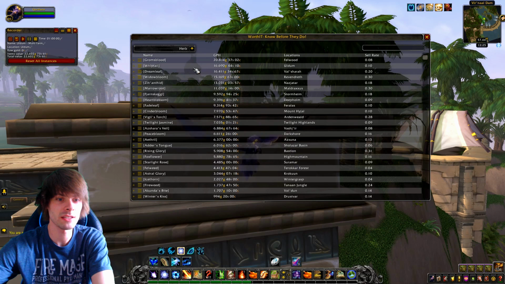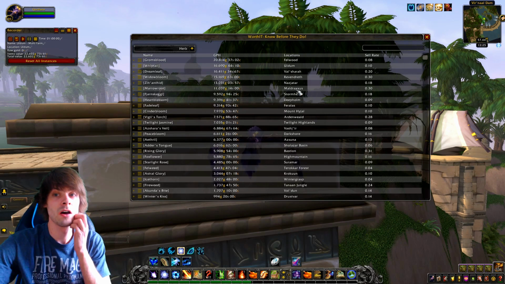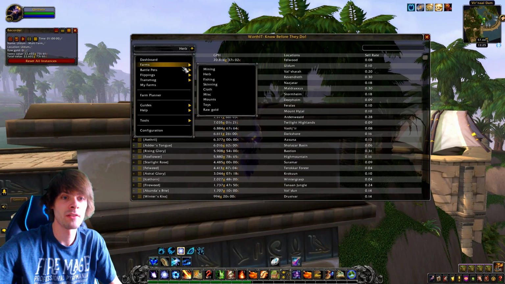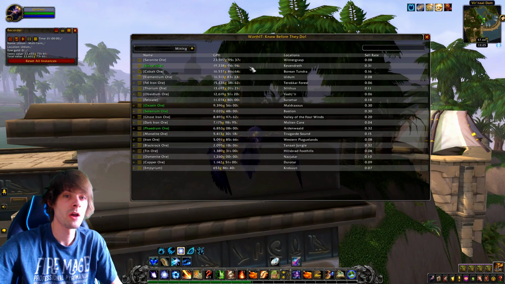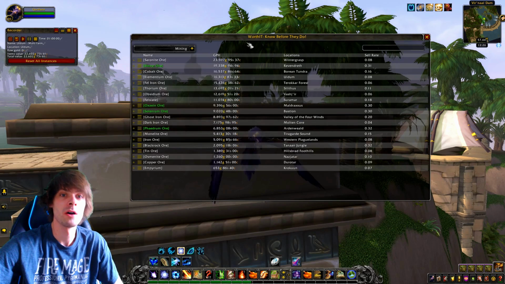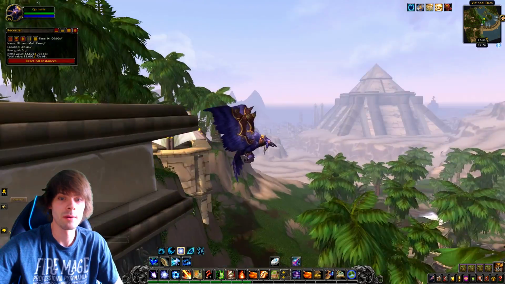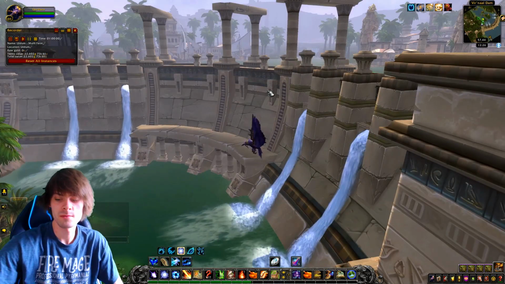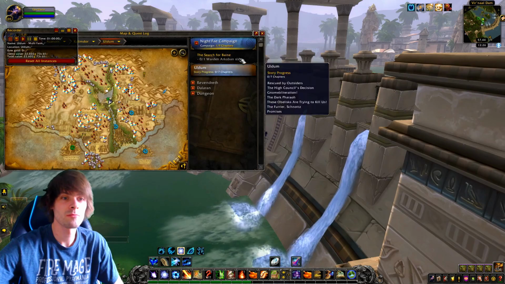Now that's pretty damn good in the grand scheme of things, as it's over a lot of the new herbs in that area, and then I cross-referenced that with mining, and then I was like, right, okay. So then I looked and saw that Elementium was doing really well as well. So I was like, right, this is prime for a multi-farm because they're both 16k an hour. So I went to Uldum, which is the place where you do both of these farms, and I basically went